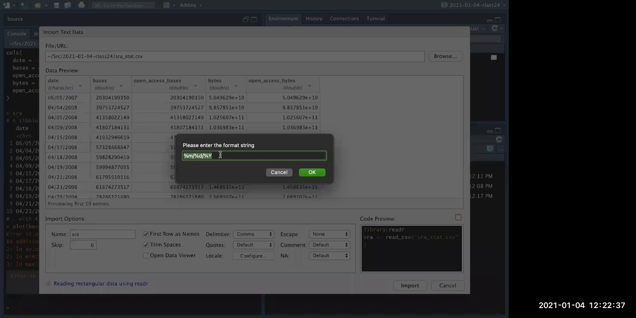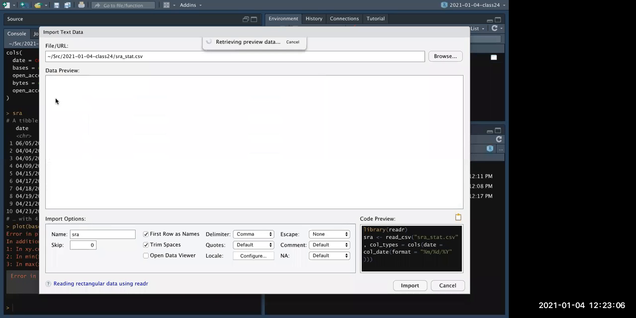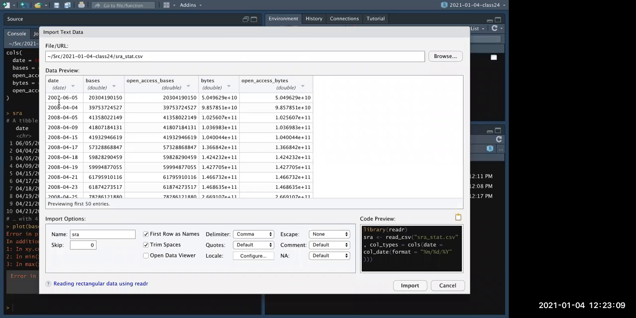Well, in R, they use a format that, to be honest, is used in many systems. It's not very human readable, but sometimes you will learn it. So percentage M will represent month, percentage D will represent day, percentage Y, big Y, represents the year with 4 digits. So it's exactly what we have, month, day, year. So we just say OK to the default. And now you will see that the date is understood as a date, and it says year, month, day in a way that is much more useful for us. So we import,